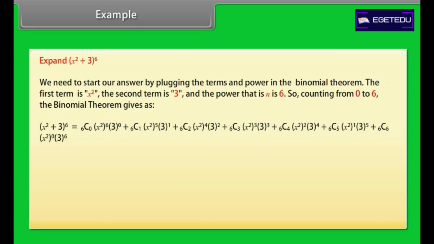to 6C0 into x square raised to power 6 into 3 raised to power 0, plus 6C1 into x square raised to power 5 into 3 raised to power 1, plus 6C2 into x square raised to power 4 into 3 raised to power 2, plus 6C3 into x square raised to power 3 into 3 raised to power 3, plus 6C4 into x square raised to power 2 into 3 raised to power 4, plus 6C5 into x square raised to power 1 into 3 raised to power 5, plus 6C6 into x square raised to power 0 into 3 raised to power 6. After simplification, we get